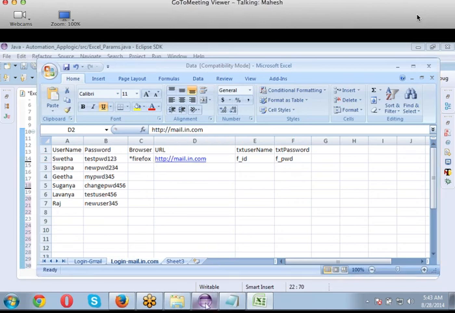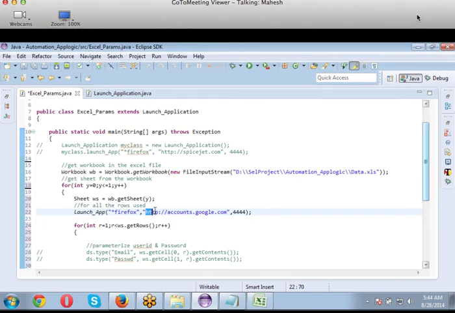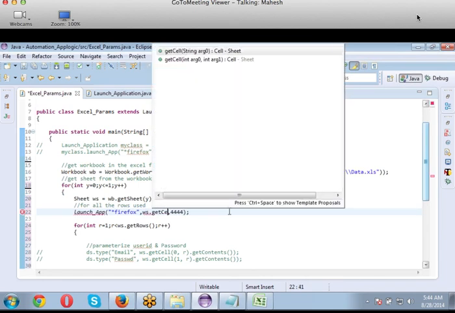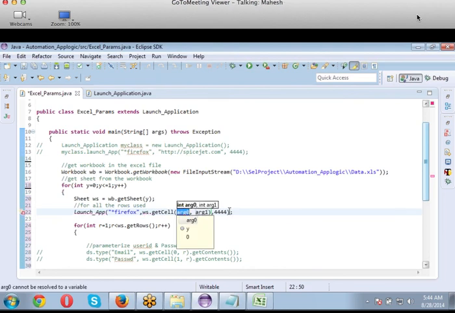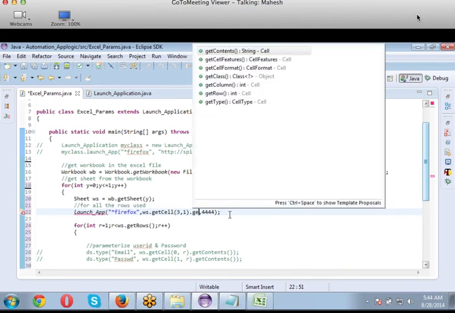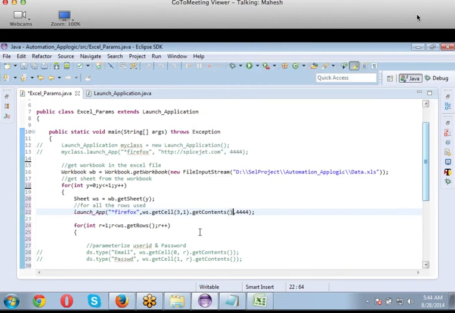Third column. Yeah. Now, who is telling row and column here? I don't have an internal for loop. ws dot cell method. No problem. Go ahead, hard code it. It's like 3, 1, because this is not going to change at any point of time. The column will be the same inside the spreadsheet. No issues. Okay? Dot get contents. Again. Got it?